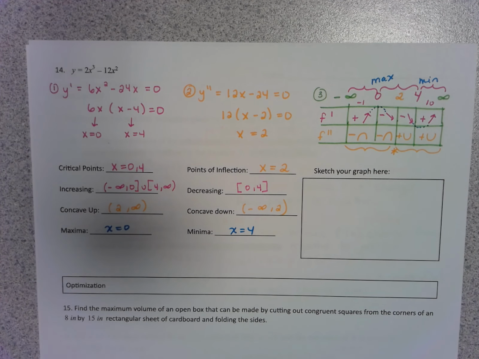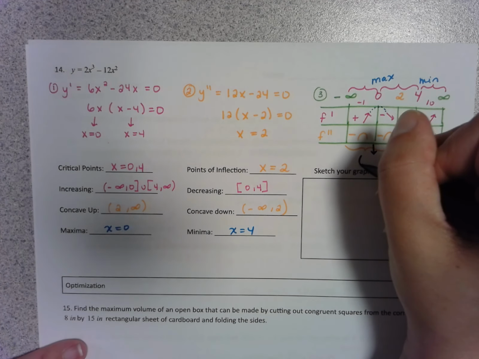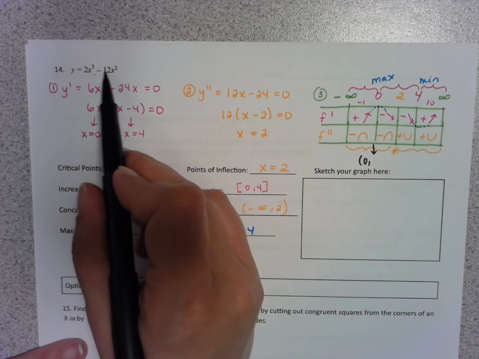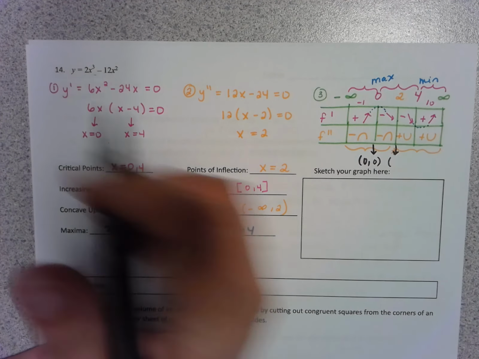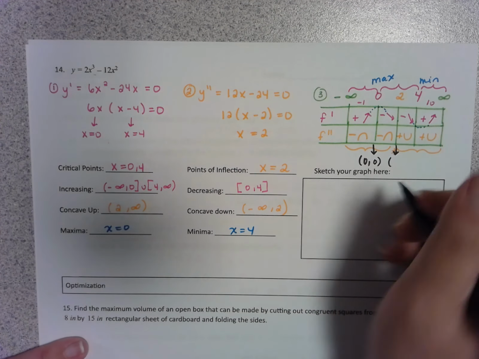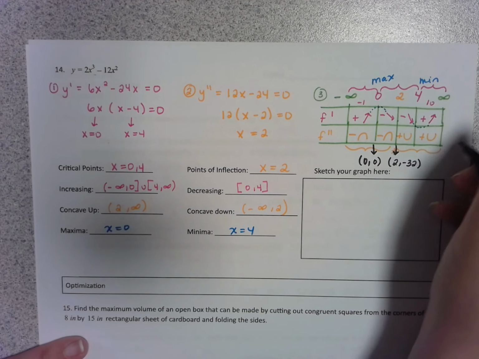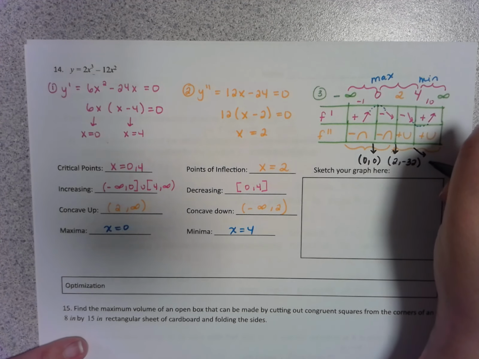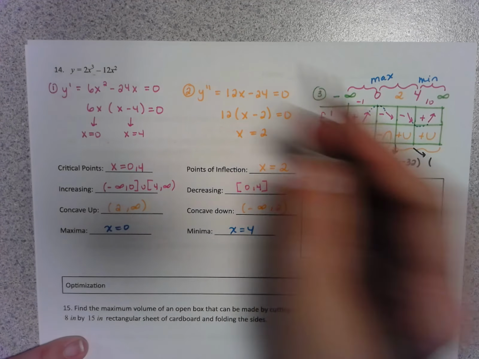Now, in order to do that, I need to have one more piece of information, which are the specific y values that go with these x's. So if I take the 0 and I substitute it into my original function, I get 0, 0. If I take the 2 and I substitute, I get 16 minus 48, which is negative 32. And if I take the 4 and I substitute it into my original function, I get,